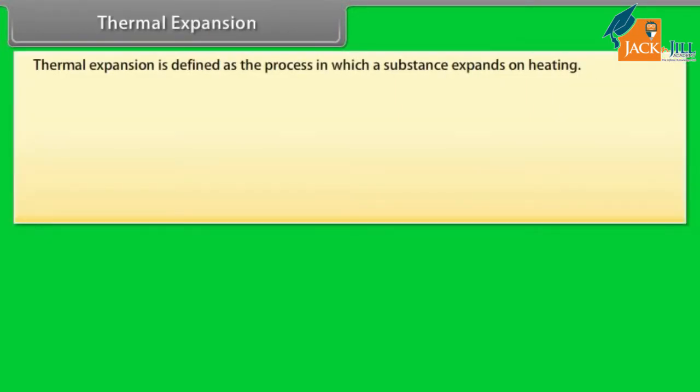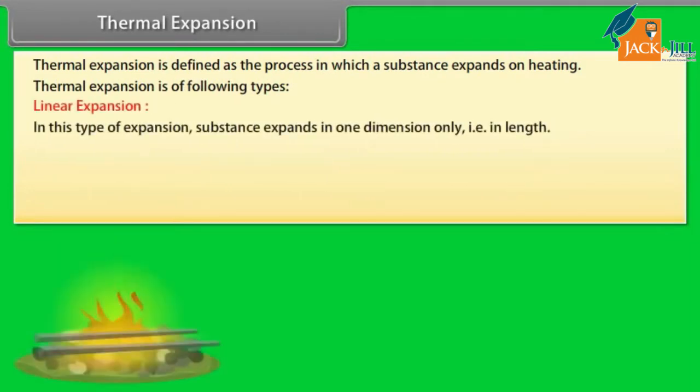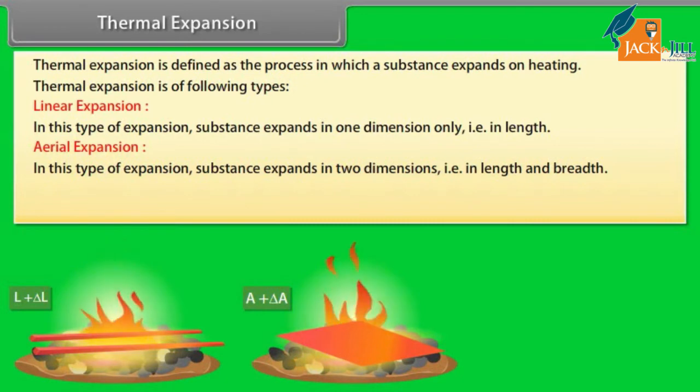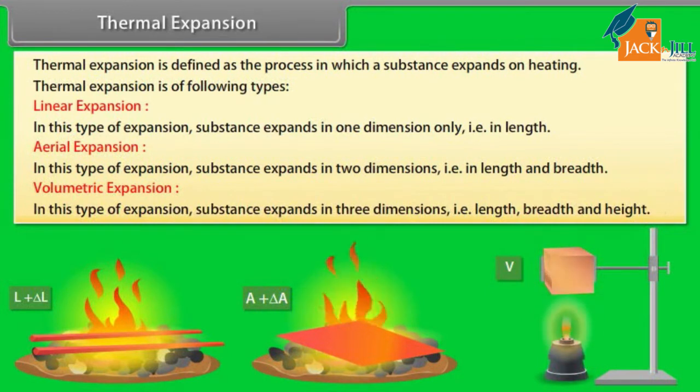Thermal expansion. Thermal expansion is defined as the process in which a substance expands on heating. Thermal expansion is of the following types. Number 1. Linear expansion. In this type of expansion, the substance expands in one dimension only, that is, in length. Number 2. Areal expansion. In this type of expansion, the substance expands in two dimensions, that is, in length and breadth. Number 3. Volumetric expansion. In this type of expansion, the substance expands in three dimensions, that is, in length, breadth and